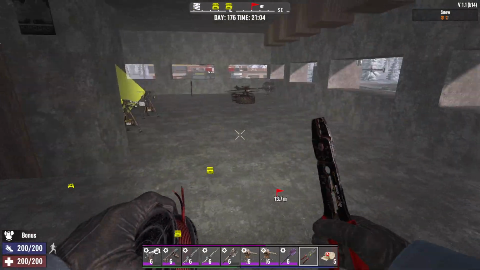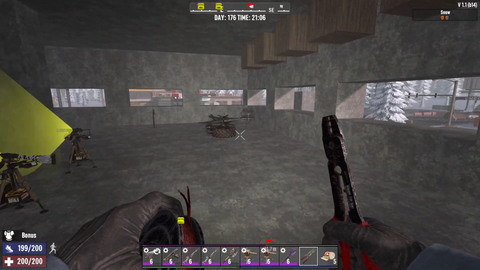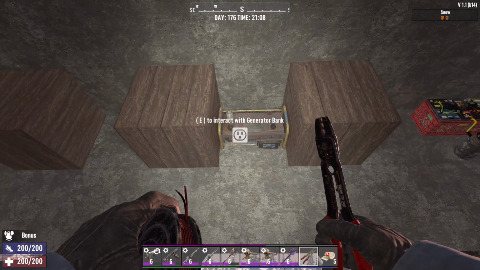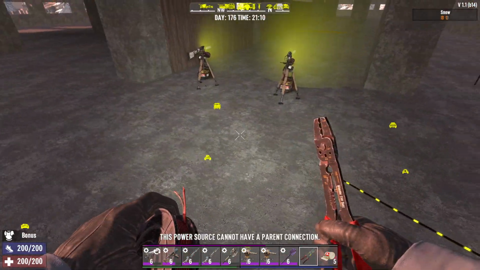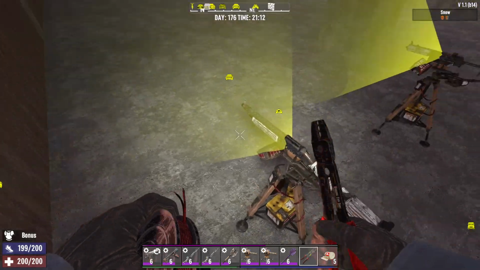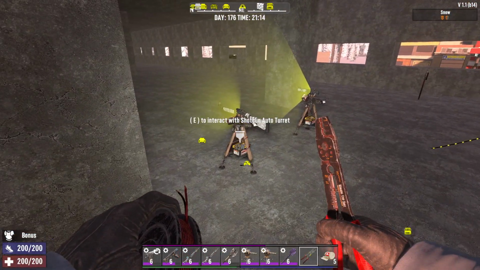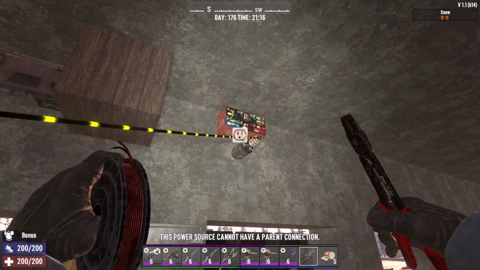Just to start with, one of the first things that was a gotcha for me when I first started doing the electricity is sometimes I would hook things up, and in real life, if you hook a wire between one item to another item, you can go either way as the source or destination. But in this game, if you go from destination to source, like that,